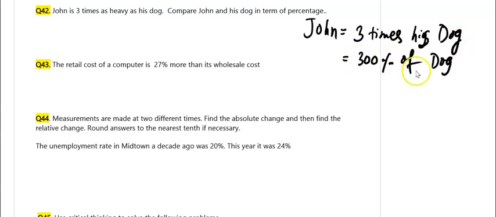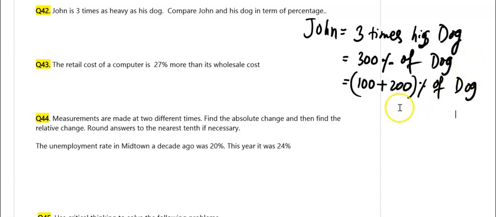So again, John is 3 times heavier than his dog. That means John is 300% of his dog. That means John's weight is 300% of his dog's weight. Okay, so 300% is the same as 100% plus 200% of the dog. So we can say here John is